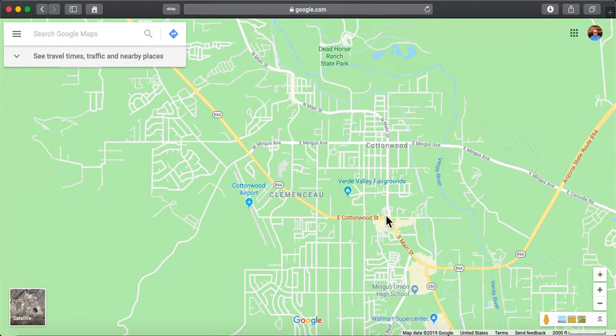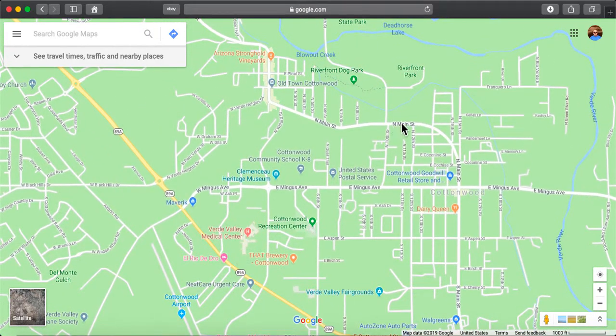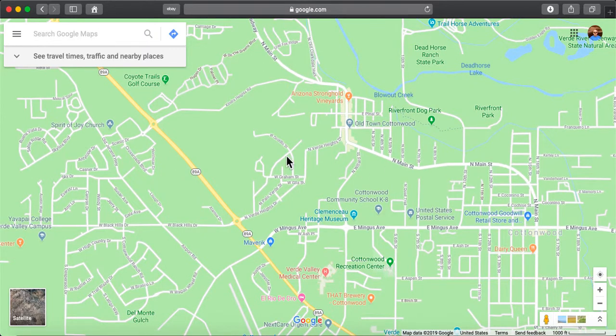And so what happens is that they built this 89A. The locals call it the bypass, and so it bypasses town. But what you want to do is stay on this main street. You want to go through the old part of town. The newer part of town is where the Walmart is. The old part of town is the more interesting part. And so don't go on the